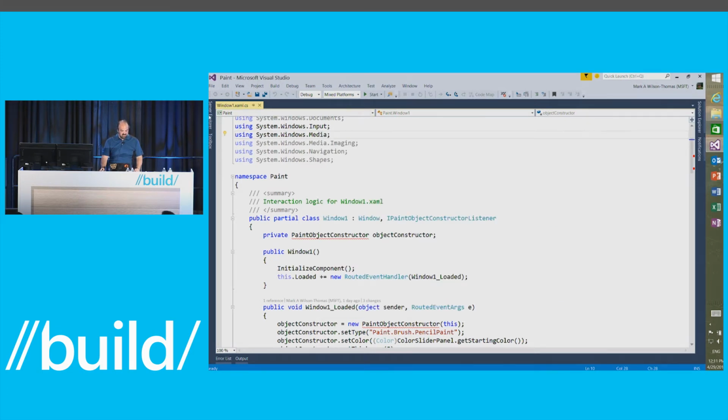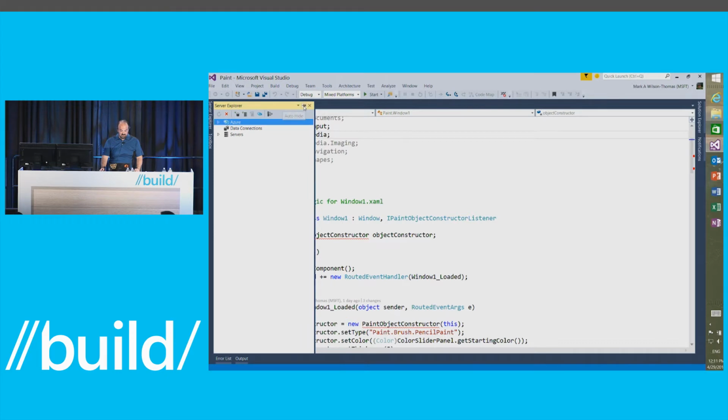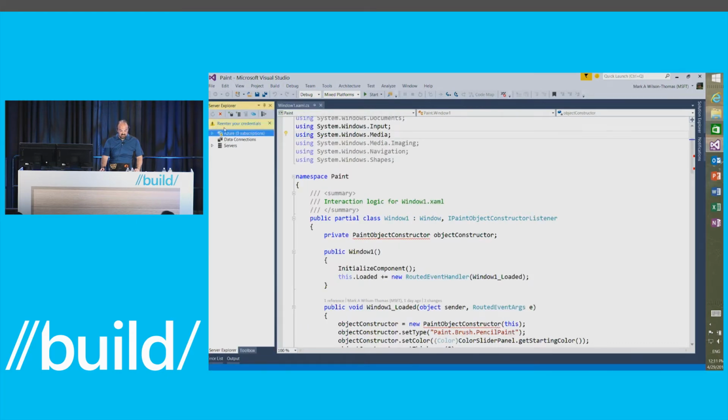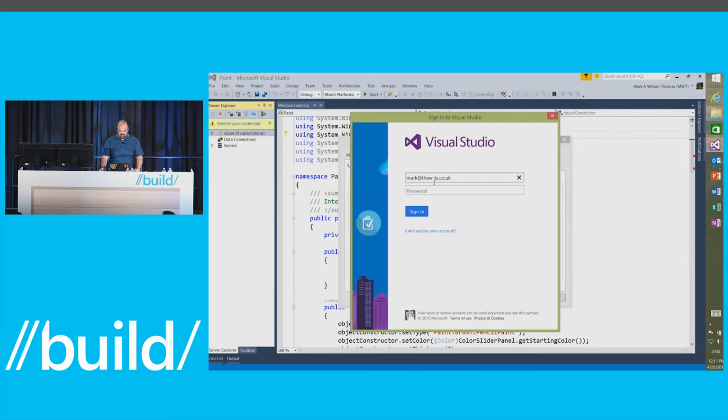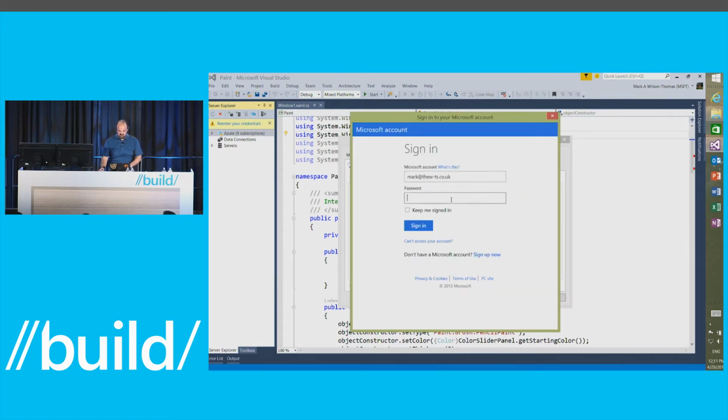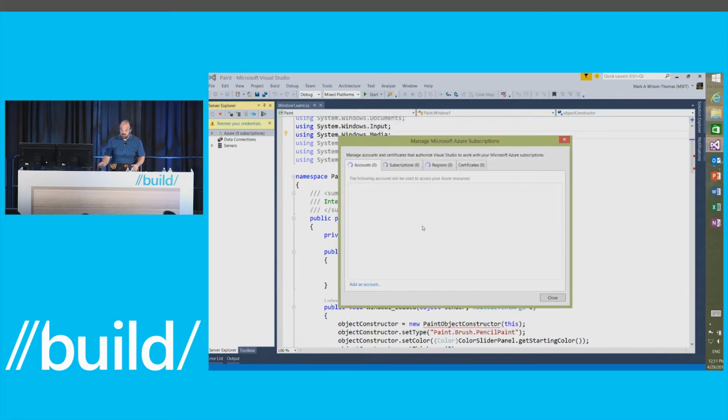If we take a look over here in Server Explorer, you'll see that occasionally, when you first sign in, you will find that you have to sign in to each account, and that's fine. And the reason for that is because we don't want to be caching your credentials when you log out. We don't want to leave those lying around on the machine. So since I just signed in, I should never see that dialog that I just saw again. Okay? As long as I stay signed into Visual Studio, all of the accounts that I've signed into will remain